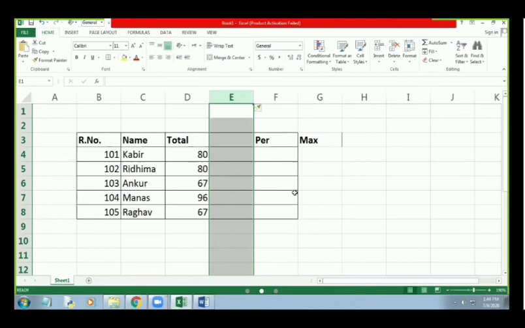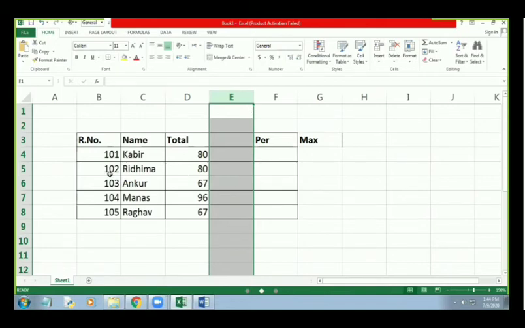Now you can see another column. This column has appeared just before the F column. The column F was previously column E. I am going to reverse it with Ctrl Z. Percentage was the E column. Now this column has been replaced with F. So in this way we can insert a column.